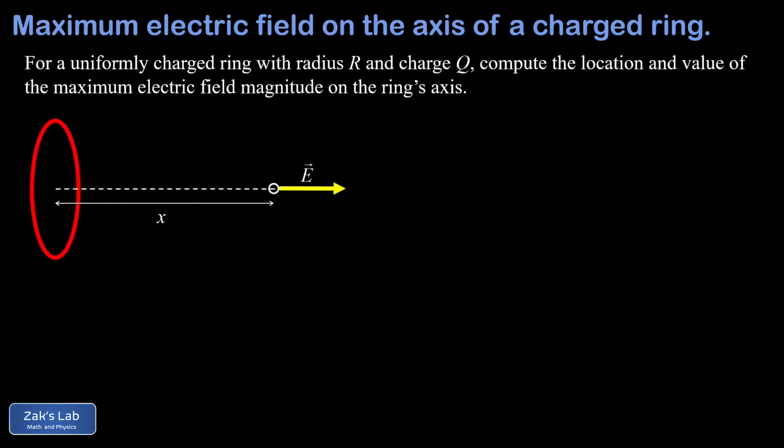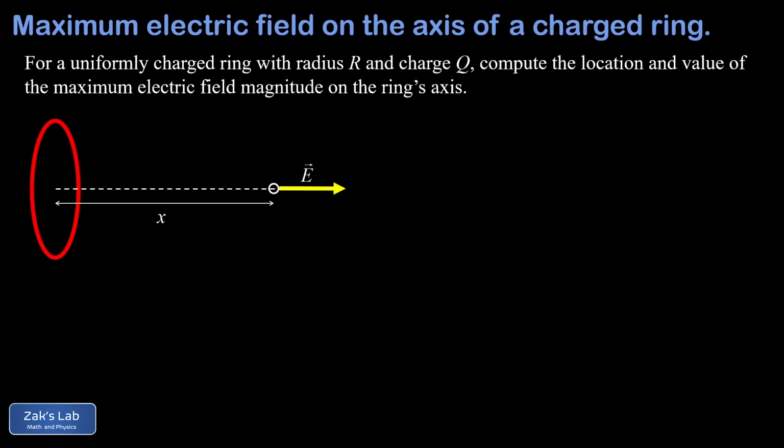In the previous video, we calculated the electric field magnitude along the symmetry axis of a uniformly charged ring. Then we established that this electric field should reach a maximum value for some finite distance from the center of the ring. In this video, we're going to compute that special location and then find the maximum strength of the electric field. So as a quick review, this ring has a total charge Q and radius R,